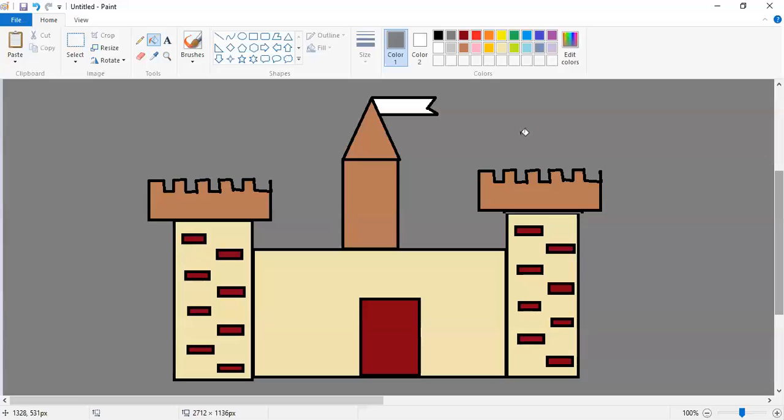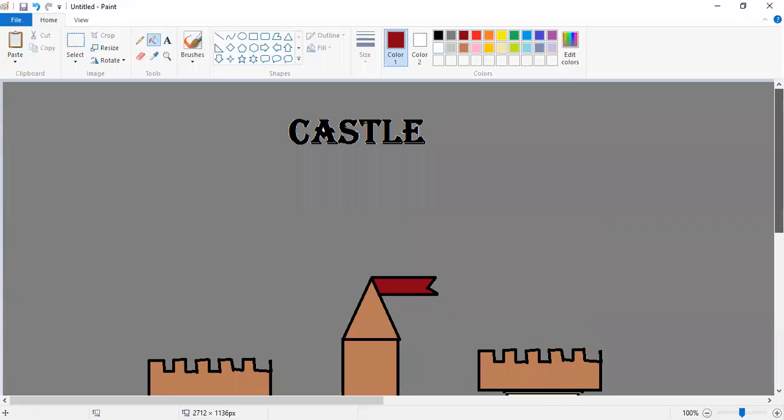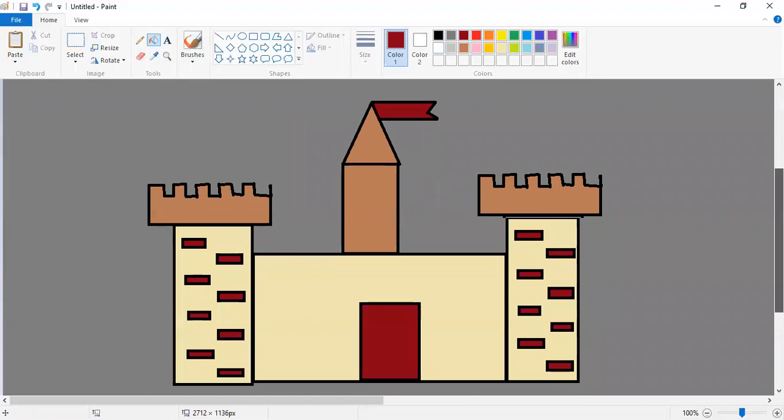So what is this? This is a cell. What is this? This is a cell. Okay.